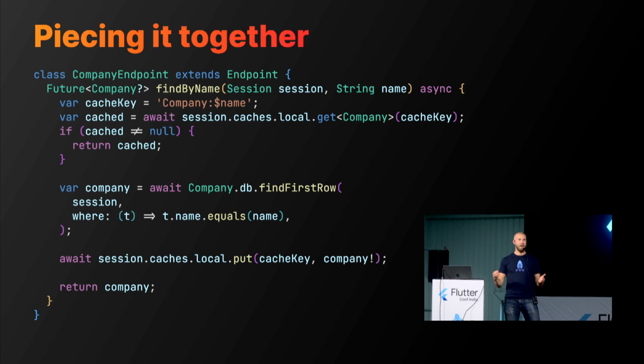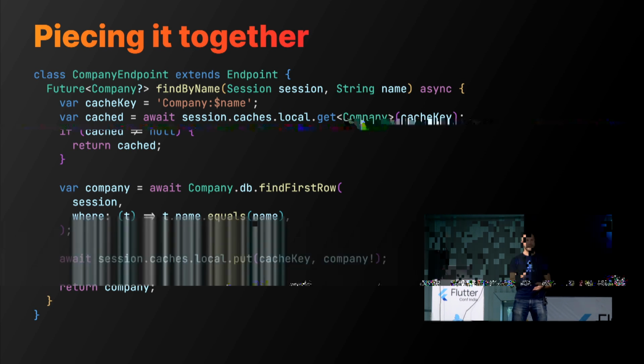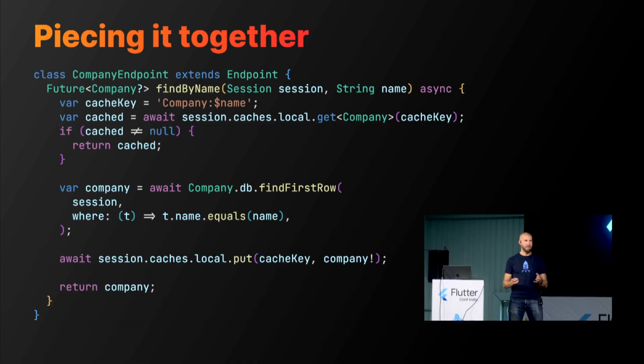Compared to everything else you do on the server, it's an order of magnitude slower and more expensive. So being able to cache that data and return it really fast, especially if you have very complex queries,